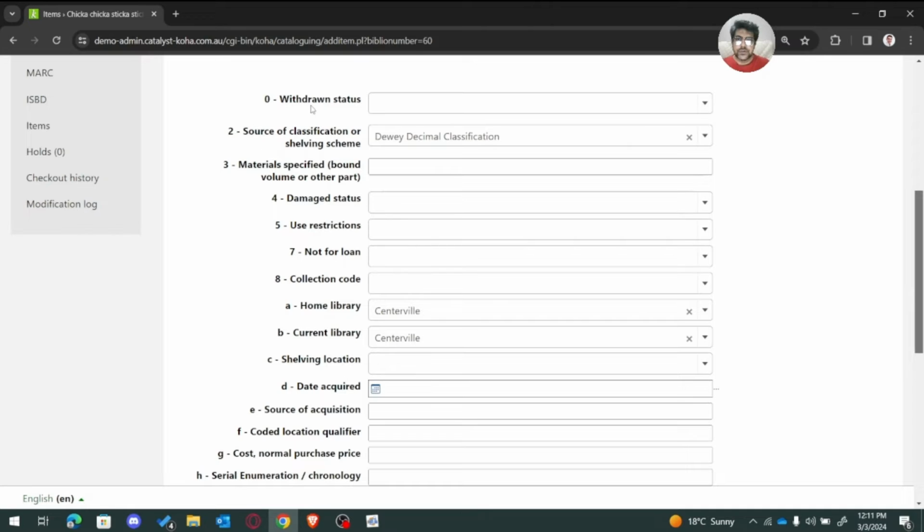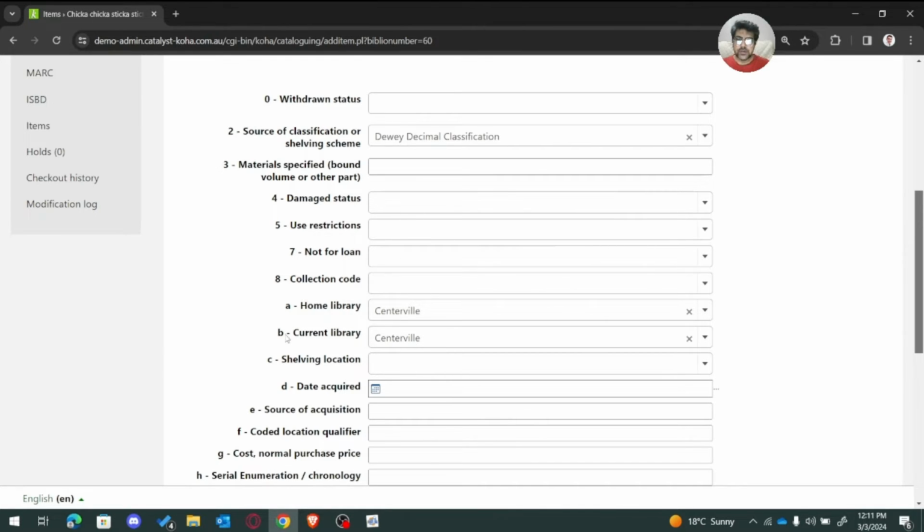So 0 is for withdrawn status, 1 is not mentioned here, 2 is for source of classification, 3 is for material specified, 4 is for damage status, 5 is for user restriction, 7 not for loan, 8 collection code,